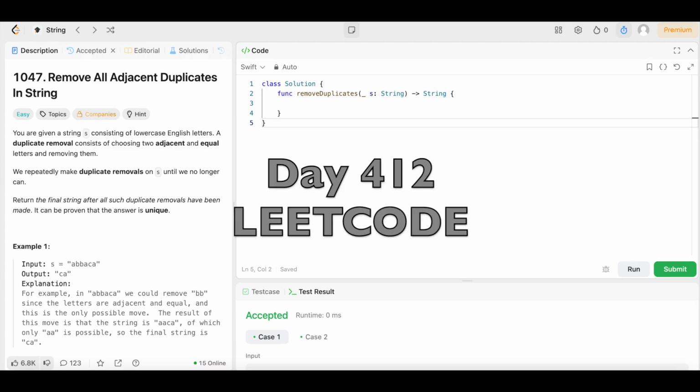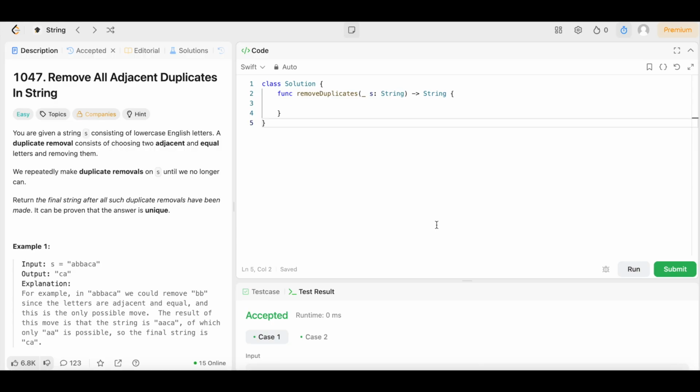Day 412 of doing a LeetCode problem every day until I get a job. All right, y'all, we're back again. Another day, another LeetCode problem where we're doing daily LeetCode problems. And today we have question number 1047. Remove all adjacent duplicates in string. The difficulty level is easy, so you already know we're going to keep the solution as simple and easy to